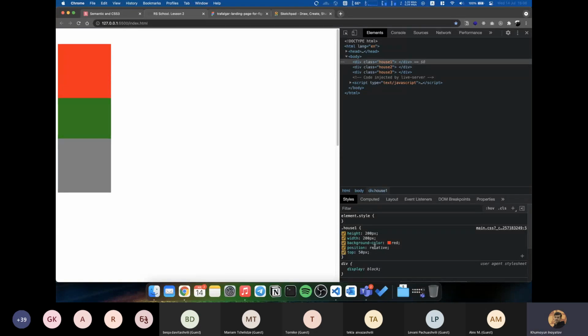We wrote top, but if we write static, it will not work. In order to position elements with top, left, right, and bottom, you have to use position relative, and after that you can move it with these properties. So position relative